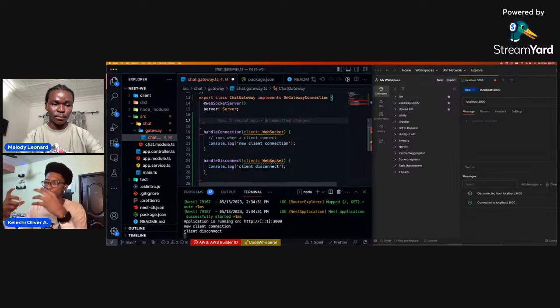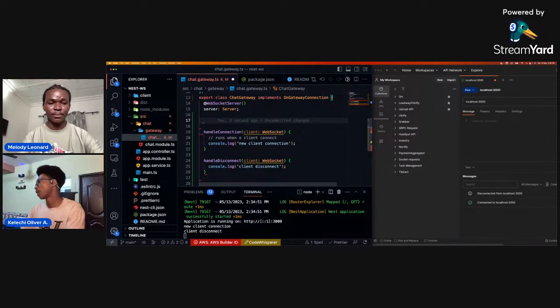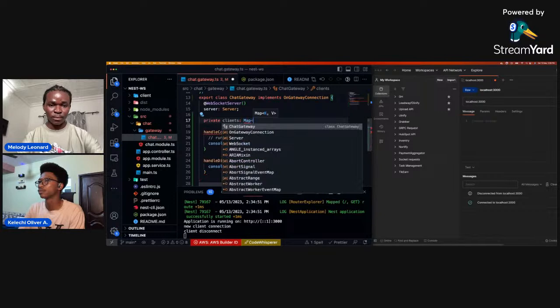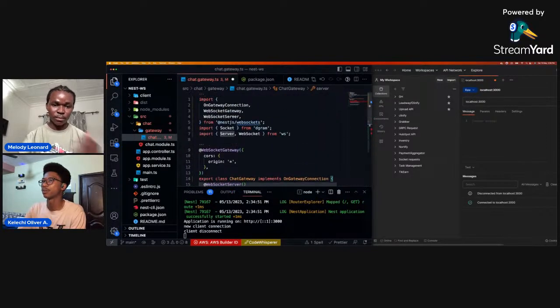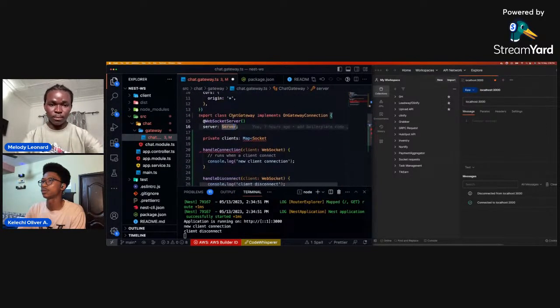Since we're using the native WebSocket implementation or adapter, we need to write some custom code to manage the clients that have connected, so that whenever I want to send a message to a specific client, we can go through that map and send to that client. You understand? Yes, please. We're going to be using native JavaScript maps here, in-memory maps. Whenever a client connects, we store some metadata of the client in memory. So we have clients here, and it's going to be a map, and the map is going to be a socket. Sockets. We're importing sockets from